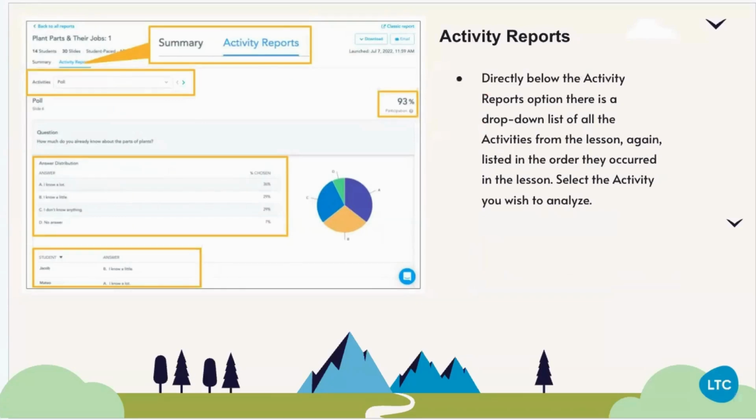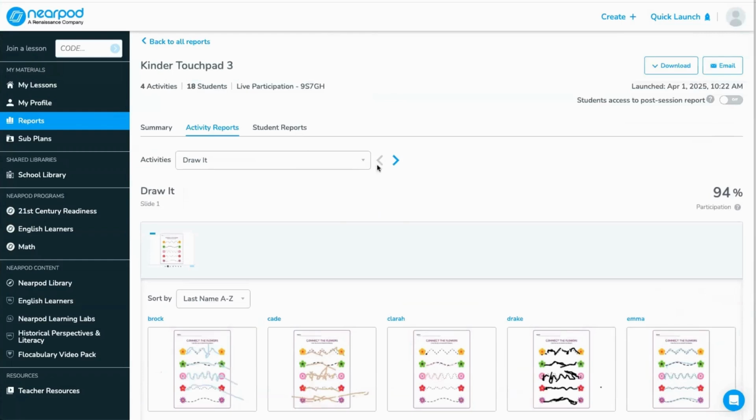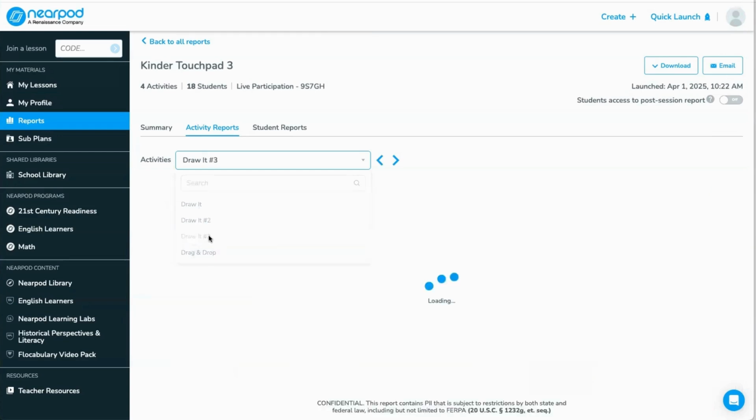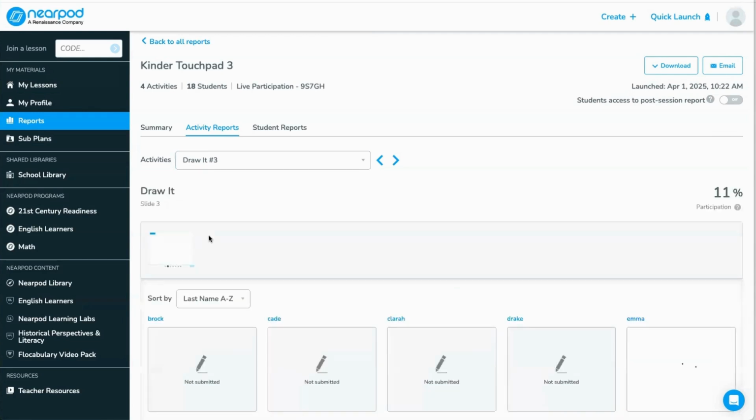Then directly below the activity reports option, there's a drop-down list of all of the activities from the lesson, again, listed in the order that they occurred in the lesson. Then select the activity that you wish to analyze. So that's where I'm going between here so that I can look, again, think of it as worksheets. There were 3 different worksheets. So I can look at worksheet number 1, worksheet number 2, and the last one, if I can put that in paper terms. Okay, so I can click on Draw It number 3, see each individual student's progress,